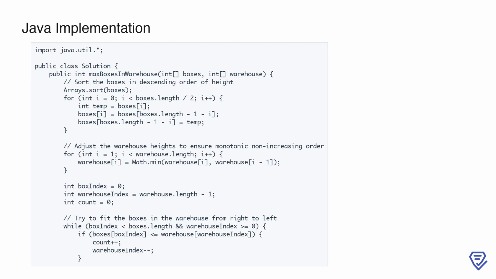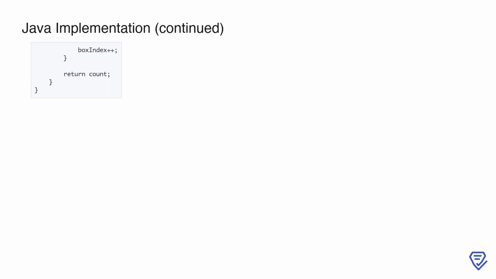The main placement logic begins with a while loop, where we check if the current box can fit into the current warehouse slot. If the current box fits within the height constraint of the warehouse slot, we increment our count to record the successful placement and move the warehouse index one step to the left to check the next slot. Regardless of whether the box was placed or not, we always increment box index to move on to the next